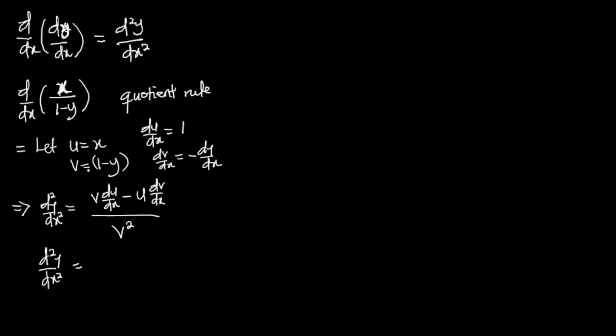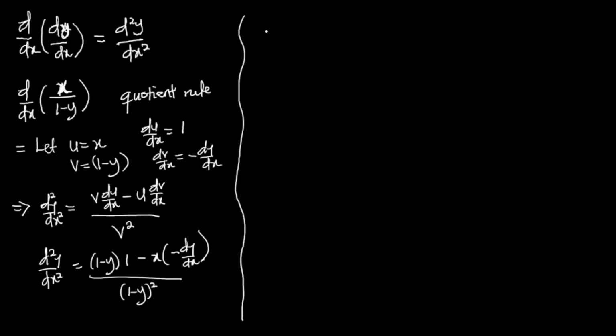So my v is 1 minus y, multiplied by my du/dx, which is 1. So I have 1 over here. Then minus my u, which is x, into bracket my dv/dx, which is negative dy/dx, all on v squared. My v is 1 minus y, so I have here 1 minus y squared. So from here, I can proceed to write d squared y over dx squared is equal to 1